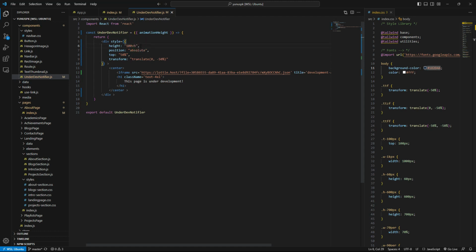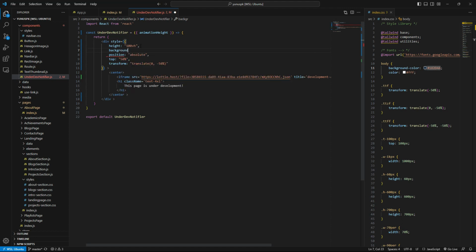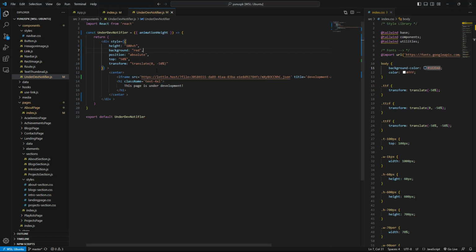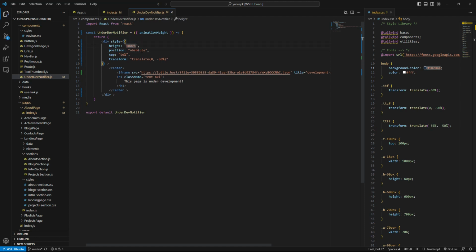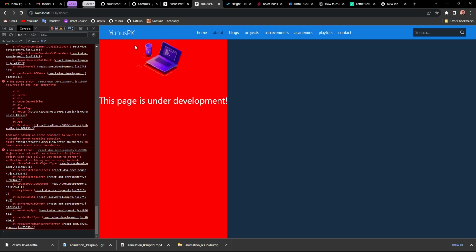Okay, let's have a background color to just understand what's going on. Background, okay, it's 100%, but the position on all of these things shouldn't be here. Okay, just let's try percentage, and now how big is that?